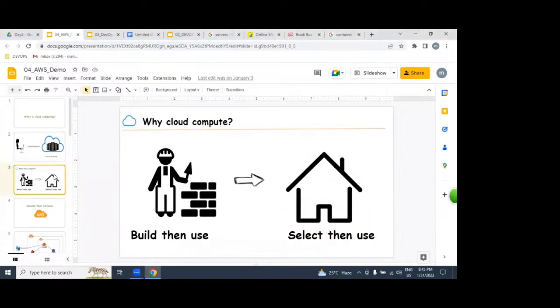Any cloud is a rental-based, pay-as-you-go service only. Any cloud, either Azure,